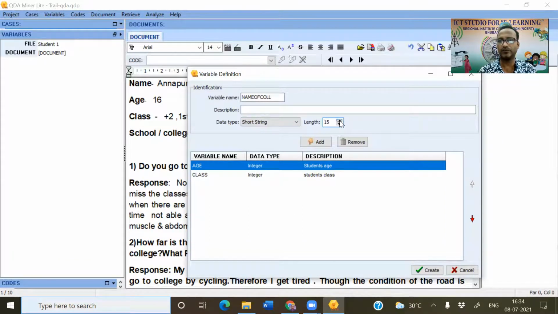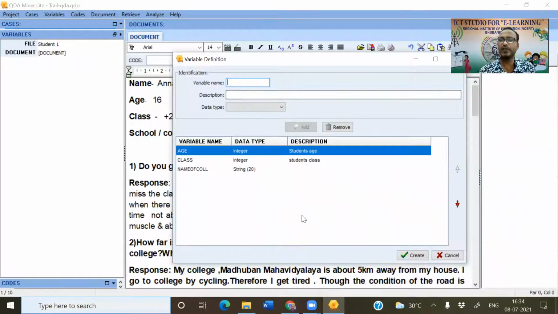You make it 20, that means it will take 20 letters. You see the variable is coming now. So this way you can add the variables depending upon your data, depending upon the purpose of your study. Now you click here, create.